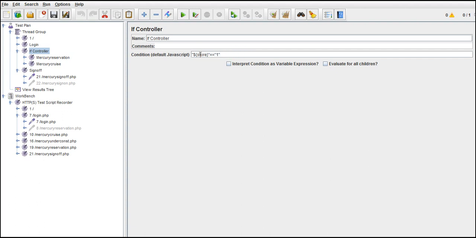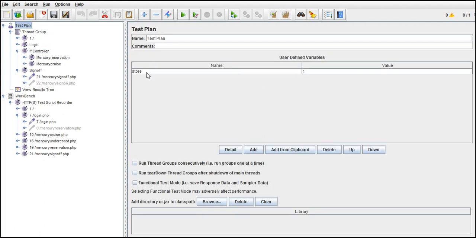Okay, this dollar, don't get confused about defining variables and why I'm using the dollar sign. I'll clearly explain this in the data driven testing module, where we will drive the data from a config file. There I'll explain what this dollar is and why we need to write it like this. Okay, how we define a variable. I'm just making sure that store is a variable and the value is 1.